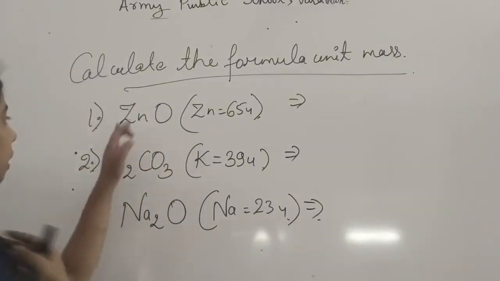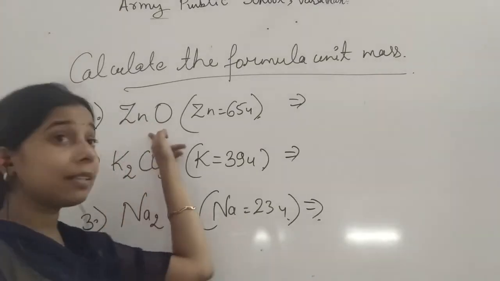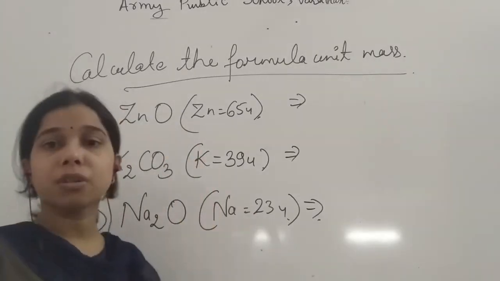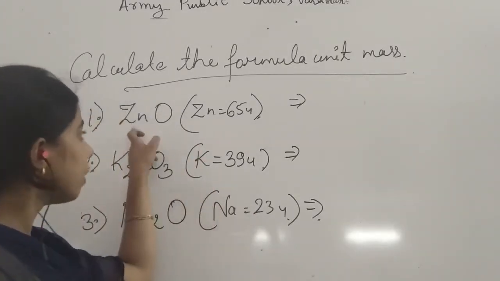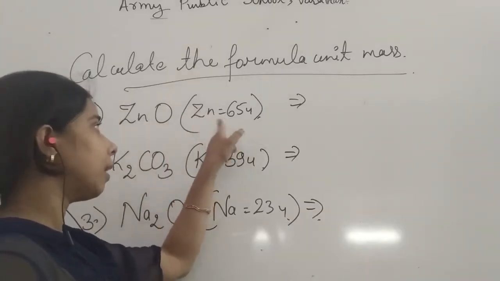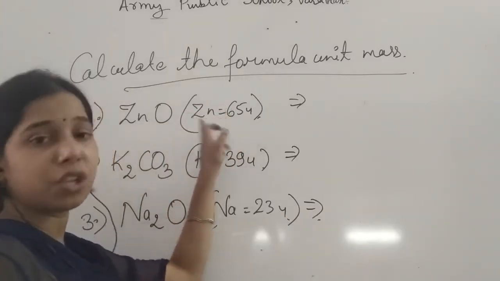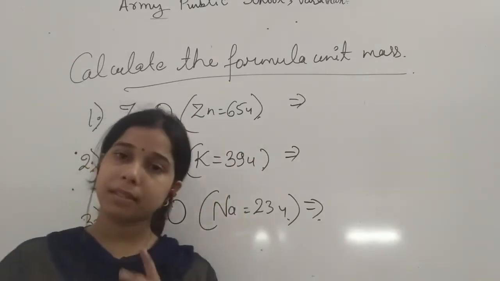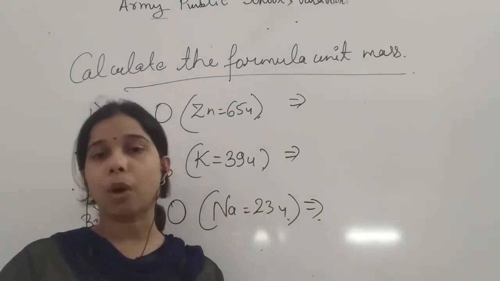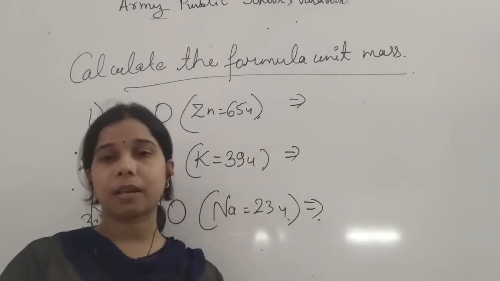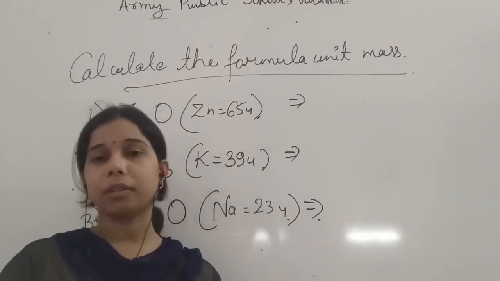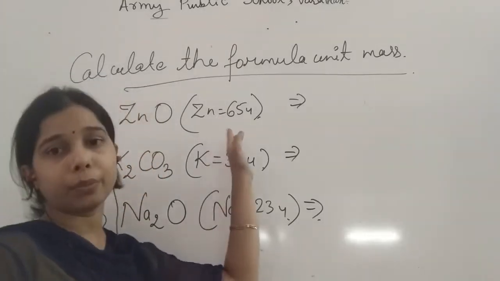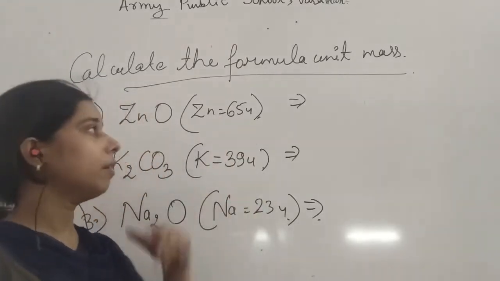So you see here, student, this is ZnO, that is zinc oxide. Zn means zinc, this is oxygen. Here the atomic mass of zinc is given, that is 65 u. In many questions the atomic mass is given, but up to 20 you have to learn the atomic number as well as the atomic mass of all the elements. Okay, 1 to 20. For the others, most of the time it will be given in the question itself.